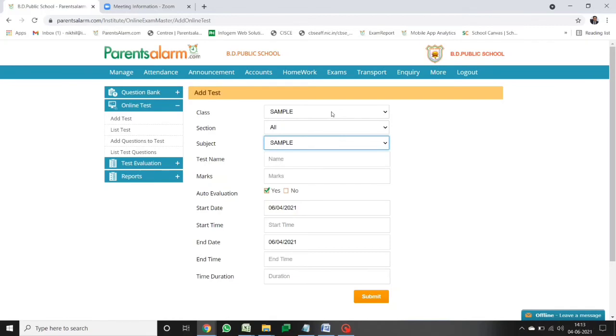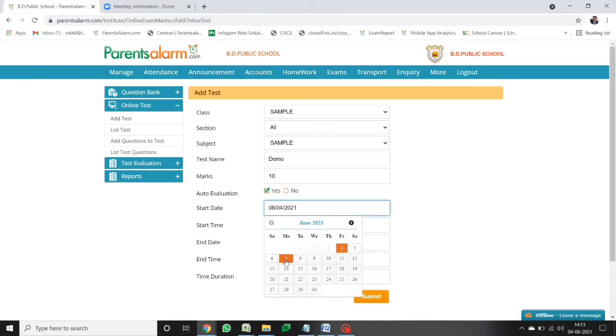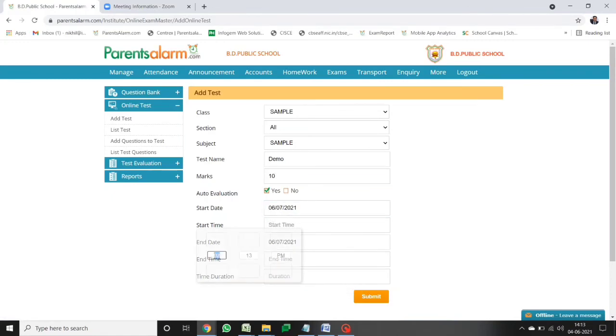I can put the test name, whether it is a periodic test, unit test, mock test, whatever it is, you can just name it, for how many marks this test is going to be, and which date and which time the test will start. You have to add that. So I'm just giving 7th June as the test date. The time I have given is 12:15 p.m. to 1:15 p.m. I will keep it a 1 hour test.